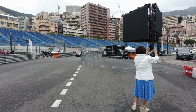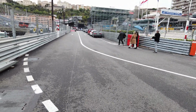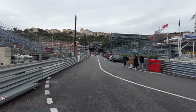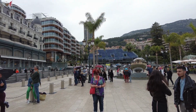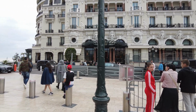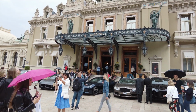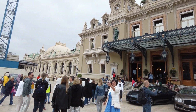And there goes my old Schumacher round the bloody corner and down there. Well, I never knew the Grand Prix came quite so close to the Hotel de Paris, or indeed outside of the Casino de Monte Carlo. Wow,